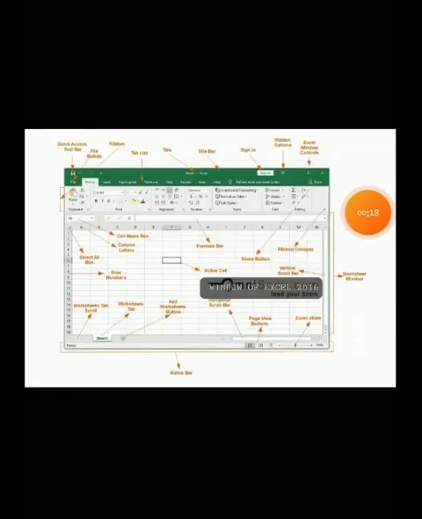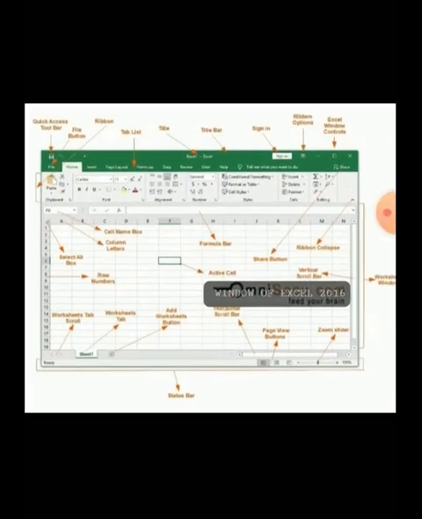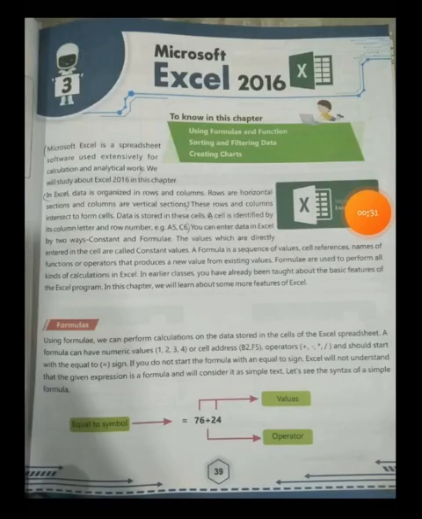Here I am showing you the window of Excel. Excel window looks like this. It is a grid of cells and it contains rows and columns. As we know, an Excel sheet contains 10,48,576 rows and 16,384 columns. And all the columns and rows create a grid over the screen, that is also known as a spreadsheet or worksheet, we can say.